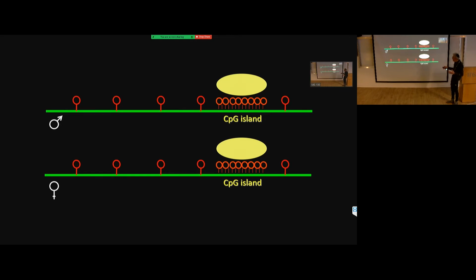Here's the paternal DNA, the maternal DNA, and then at the time of implantation in the uterus in mammals, you get a wave of de novo methylation, indiscriminate DNA methylation, probably caused by an increase in the two de novo DNA methylases of the cell. You get a big increase. Everything undergoes DNA methylation, but CpG islands are